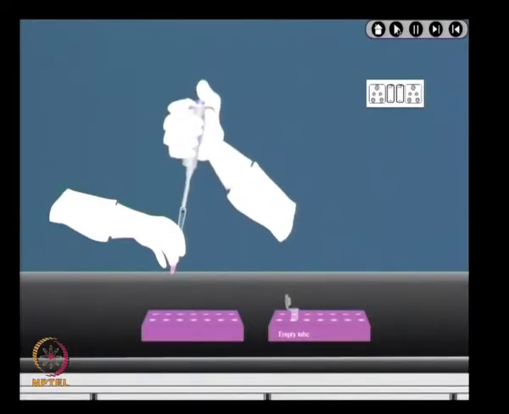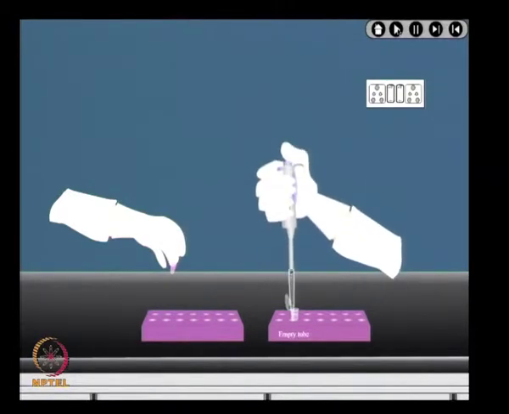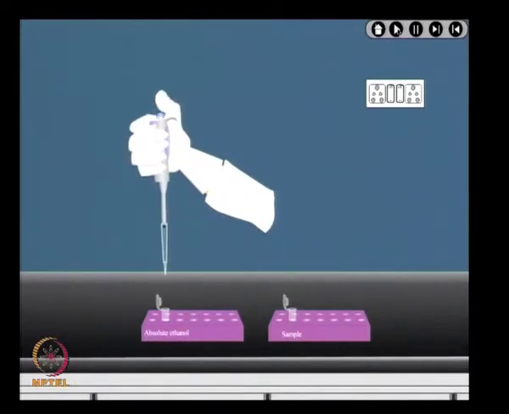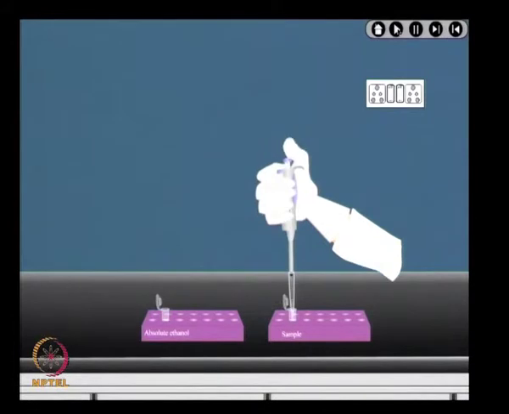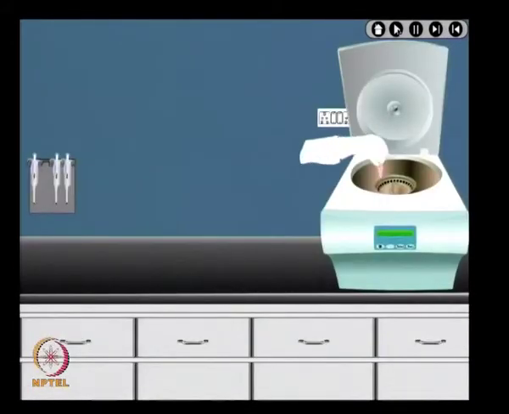Remove the upper layer and use it for RNA isolation using isopropanol, if you want to use RNA for some other applications. To the bottom layer, add 300 microliter of absolute alcohol per 1 ml of Trizol and mix gently